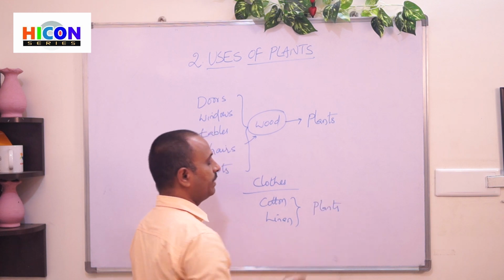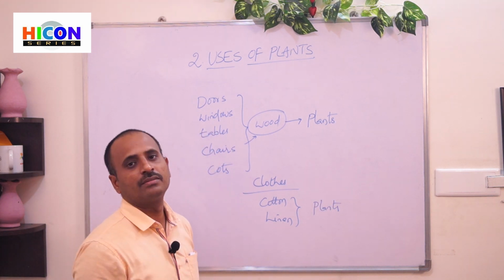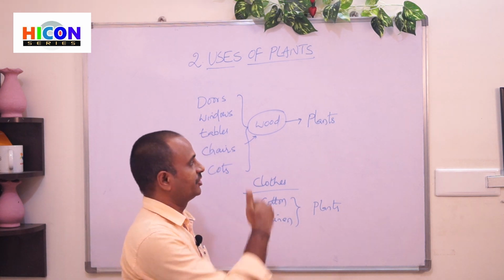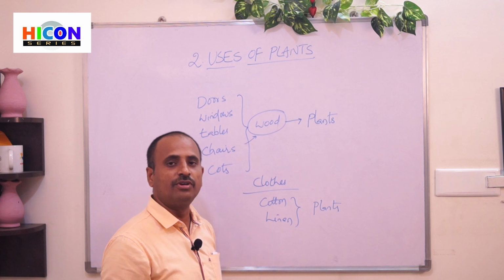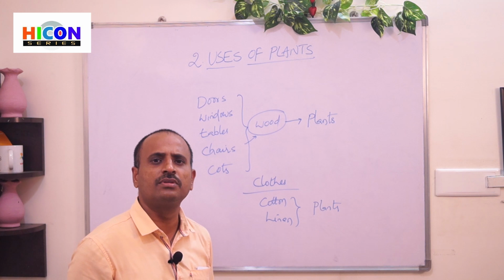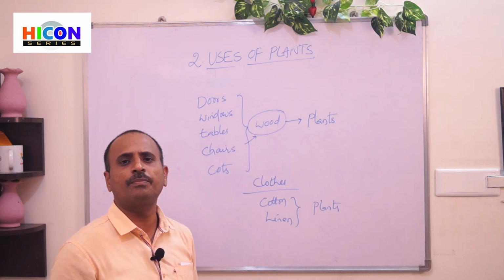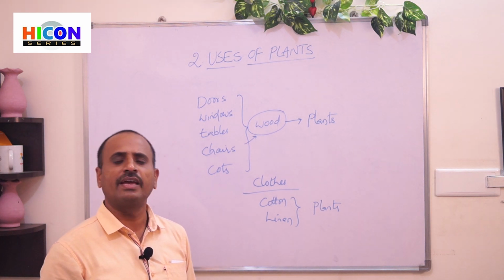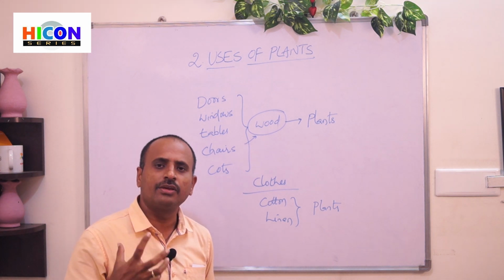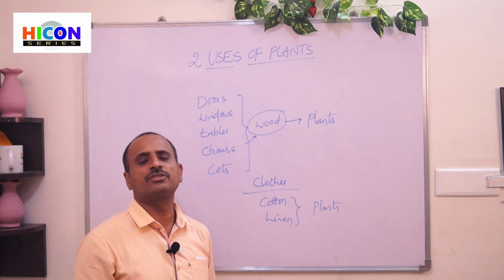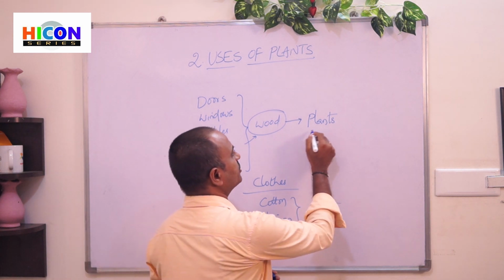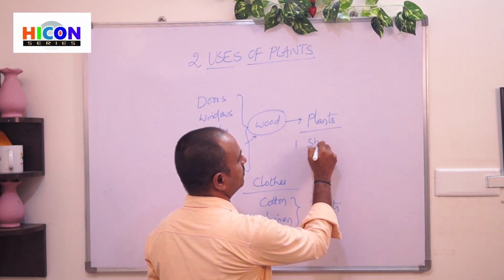So plants are giving food. Plants are giving clothes and shelter, and also they are giving food to us. We eat daily different types of food, that means vegetables and fruits. From where can we obtain the vegetables and fruits? Again from the plants. In this way, plants are so useful to living beings on the earth. They are giving shelter.